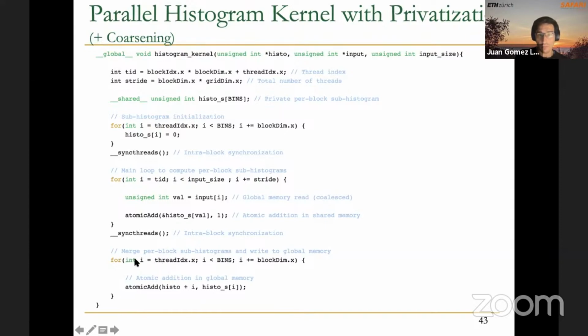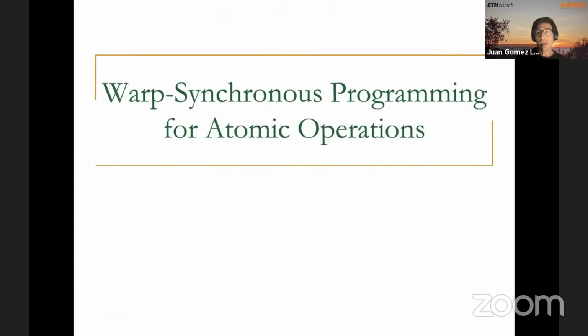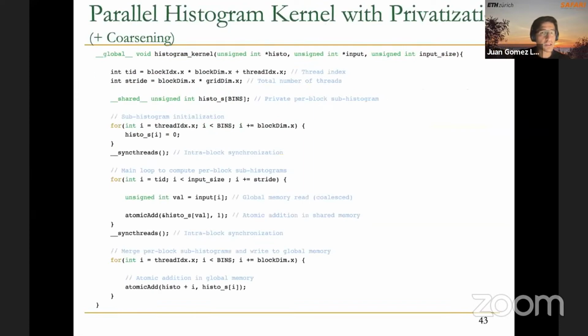So we will have all threads of this thread block reading one bin of the subhistogram in shared memory and updating the corresponding bin, the same bin, in the final histogram in global memory, as you can see. This is like the classic implementation of the parallel histogram kernel with privatization in shared memory,